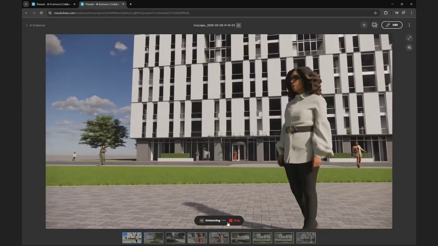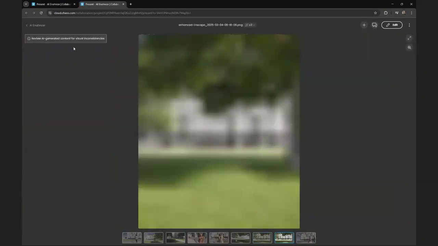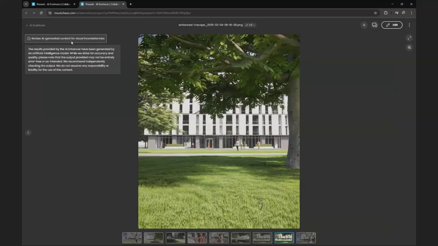But while we are waiting for that, I can show you other examples I've already done to see actually where are the good parts of the AI and where we need to be careful because it's a new technology. We all know that. And as we can see right here, the results provided by the AI enhancer are generated by an artificial intelligence, and we should be careful with that. Our advice is to always revise the results because artificial intelligence nowadays is still not predictable enough.